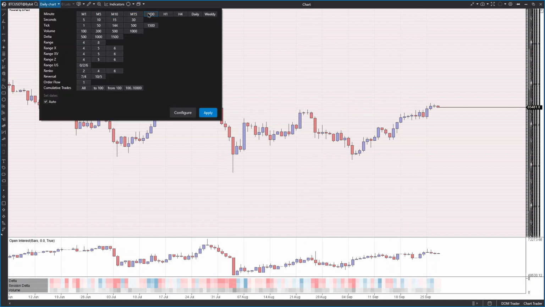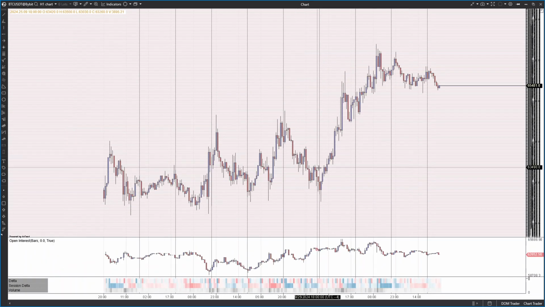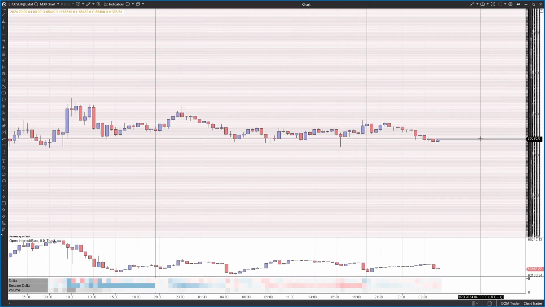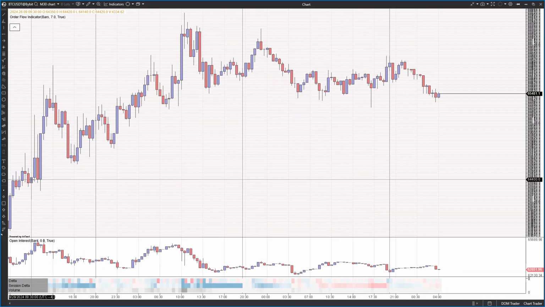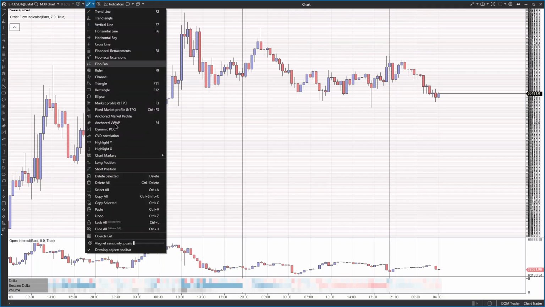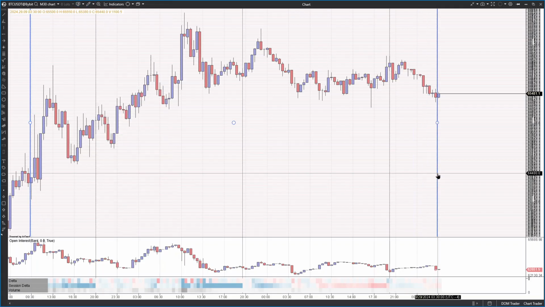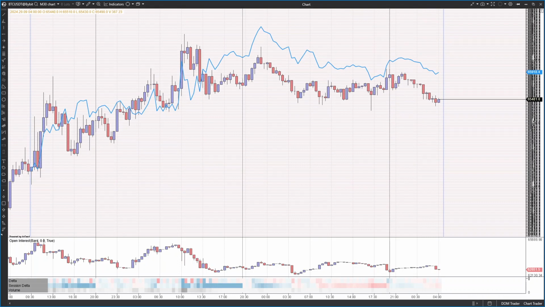So let's go on the hourly and see if there are any CVD divergences for signs of weakness. Let's see, 30 minutes. From around here is when it started to get impulsive. So let's go ahead and look at the CVD correlation. From this candle to this candle, we can see that